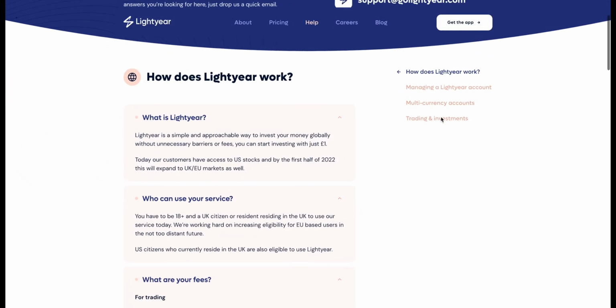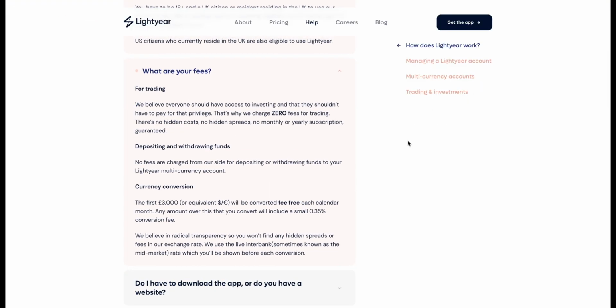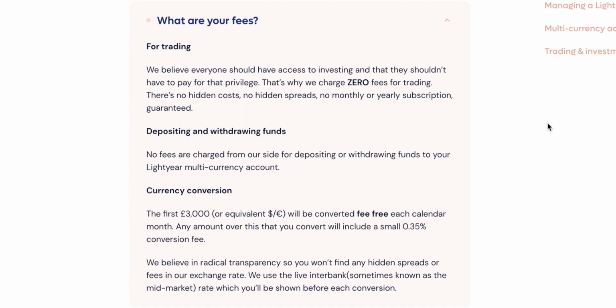I'm going to be showing you a preview of exactly how the app is performing. I've invested around £1,000 or so into the platform just to test out the process, but just covering the fee aspect here, we can see that there are 0 fees charged, there's no hidden costs, hidden spreads, and no